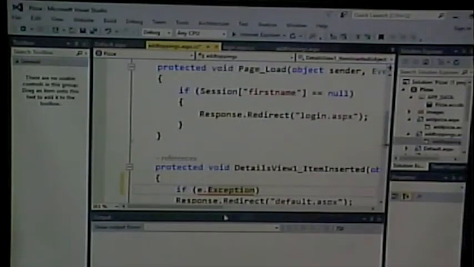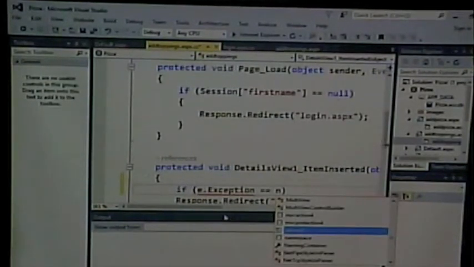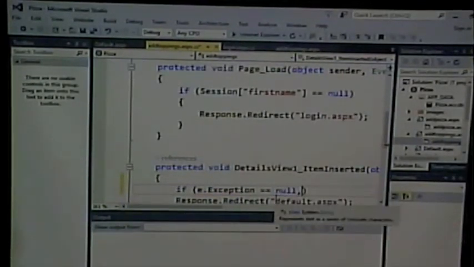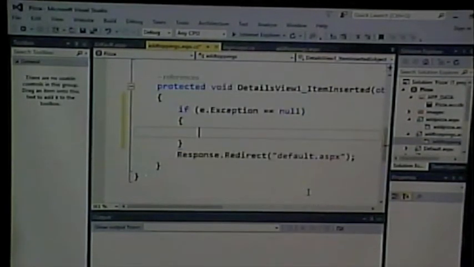I'm going to check to see if it's null. If it's null, what does that mean? It means there was no exception. There's always a place to put an exception, but there might not be anything in it if there was no problem. So, if the exception equals null,